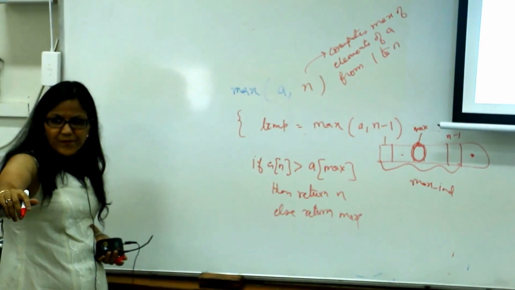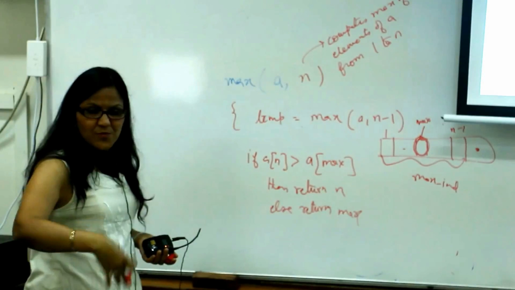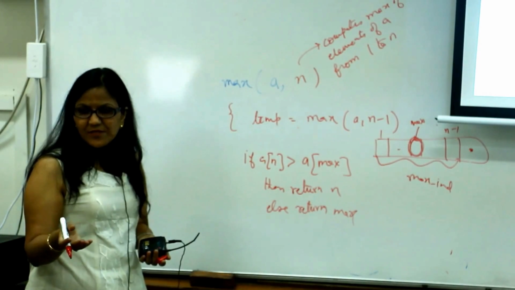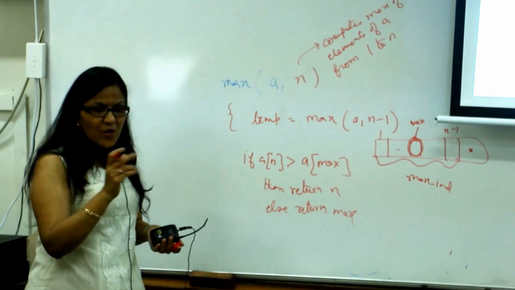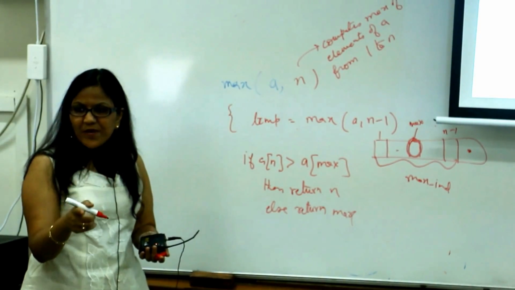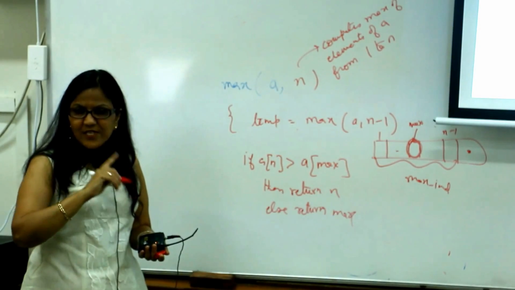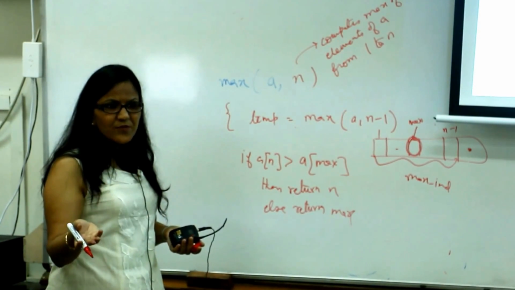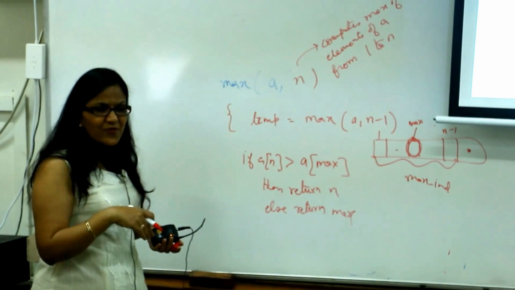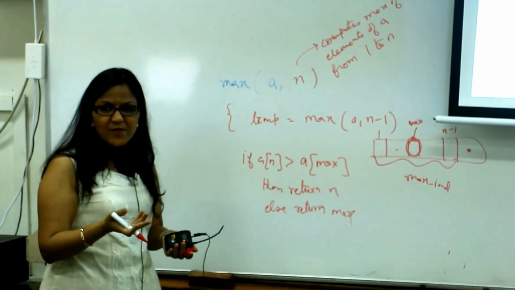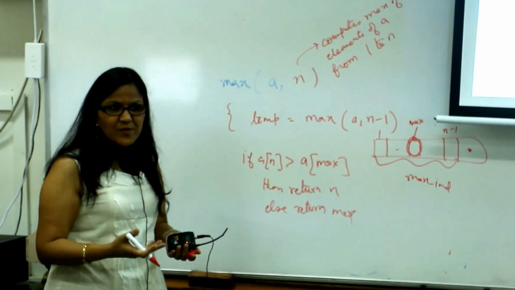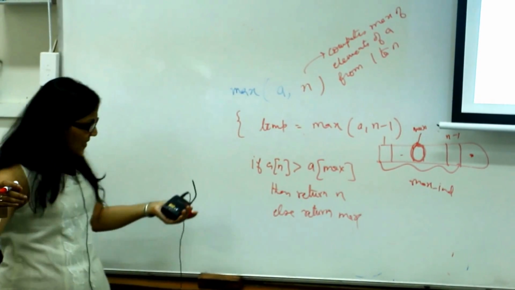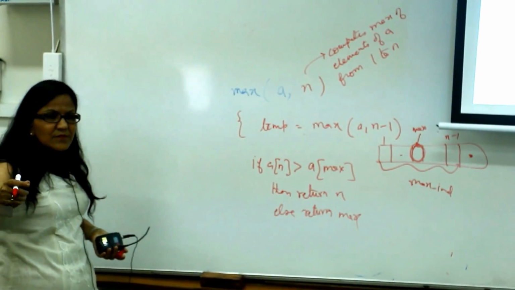Right? I have found out the maximum of the remaining elements. I know the maximum of the remaining elements. If now there's only one element which did not participate in that, I'll just compare that left out element with the maximum, and choose the maximum of these two. If the left out element is bigger, that becomes the maximum. If the left out element is smaller, then the previous max continues to be the maximum. That's what this says. In this case, it will not stop.